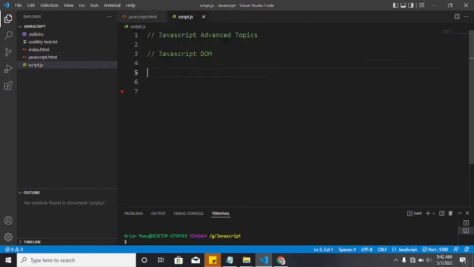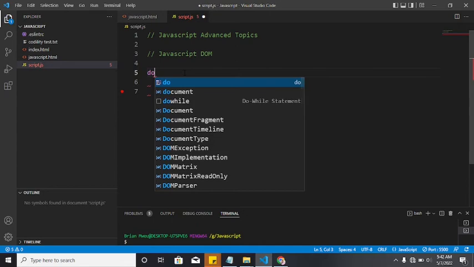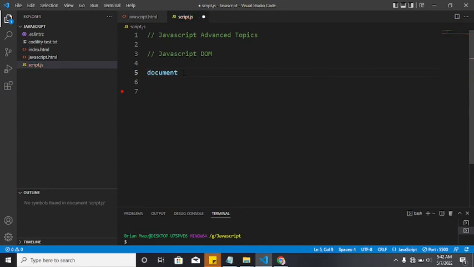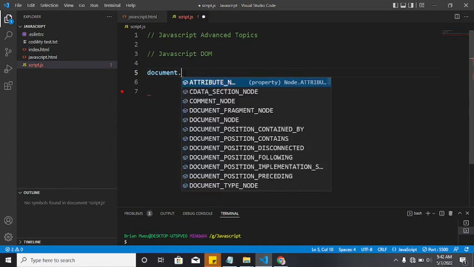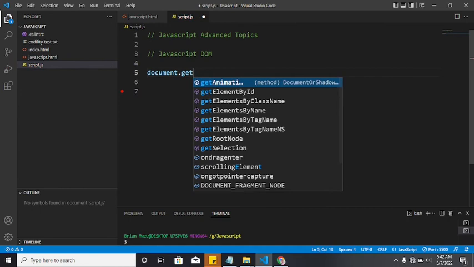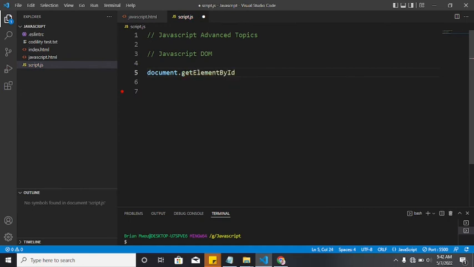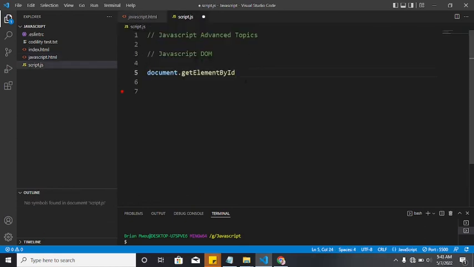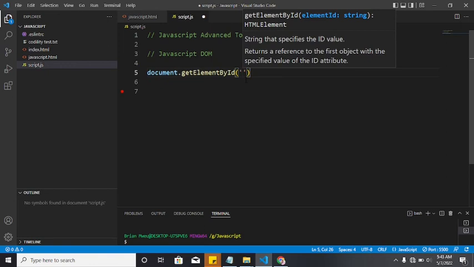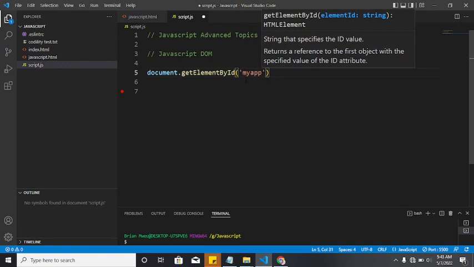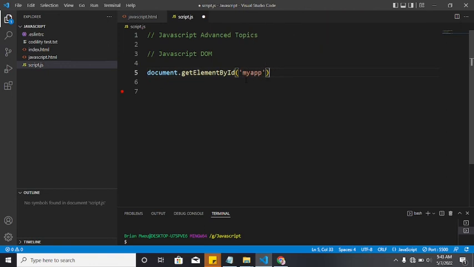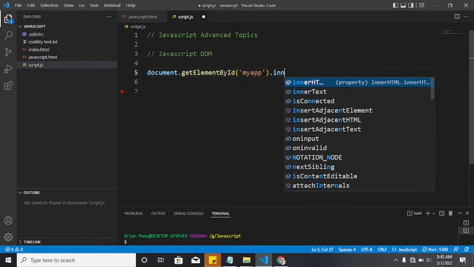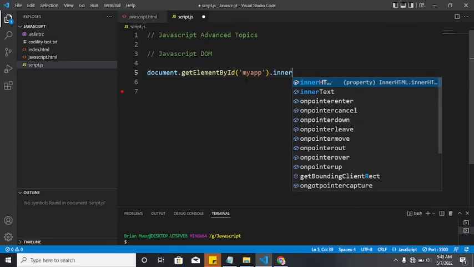Let's say document.getElementById. So we are saying get the element by ID, since this is the ID and the ID is my app. So here I'm going to have my app, and then here it's going to be .innerHTML,